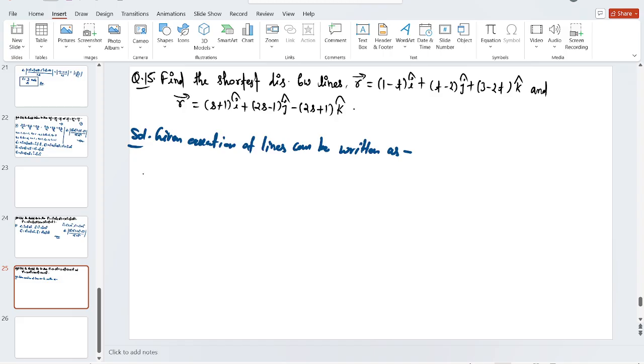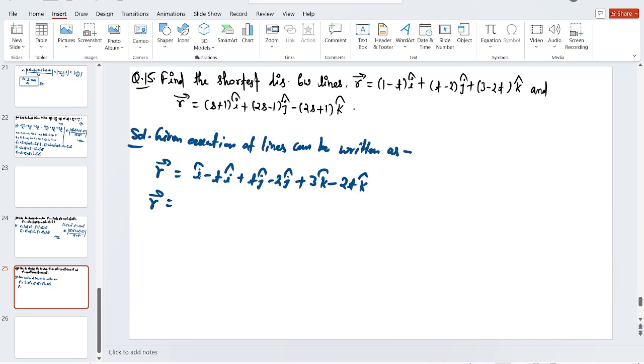So vector r equals what? This is (1 minus t) i cap. Multiply the i cap here, so this is i cap minus t times i cap. Okay, so what is here? t times j cap minus 2 j cap, and multiplying k cap here, you get 3 k cap minus 2t k cap. Okay, so comparing, this is vector r,